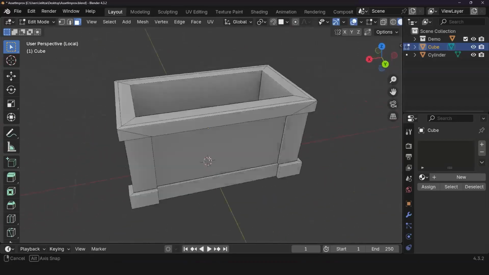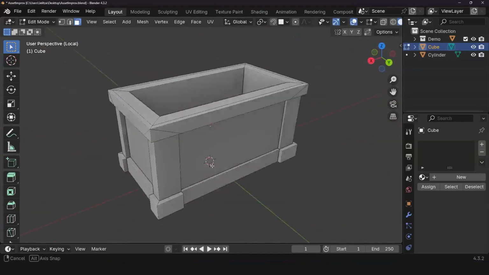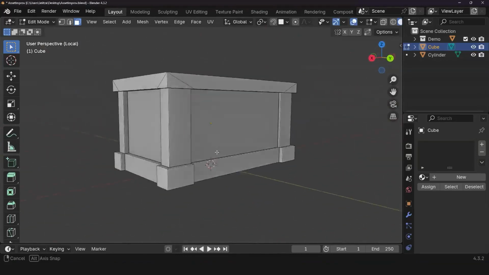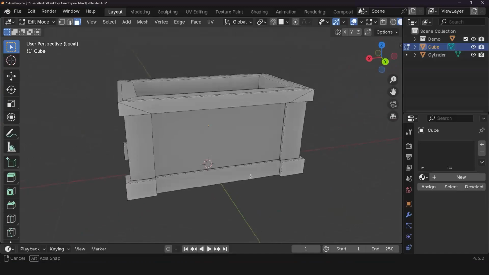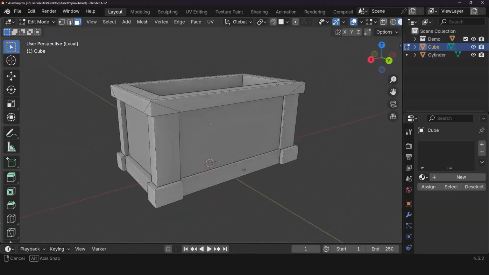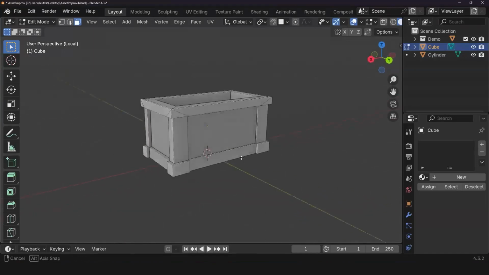All right, very cool. The thing is that I would like for this treasure chest to be more of a stylized treasure chest. So I'd like to give it some movement and dancey shapes. You understand?